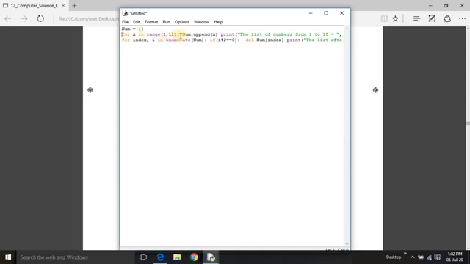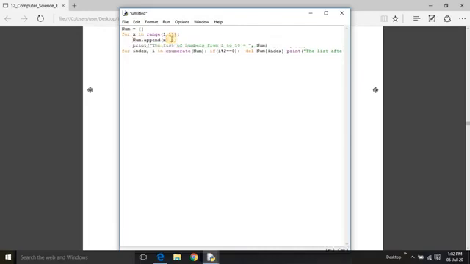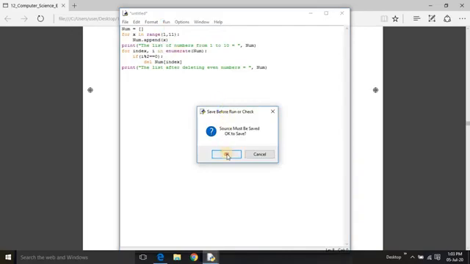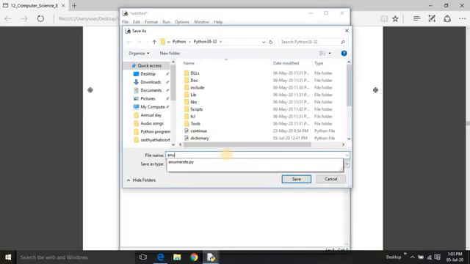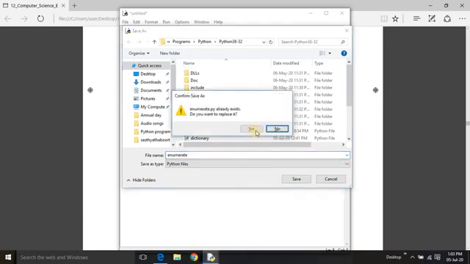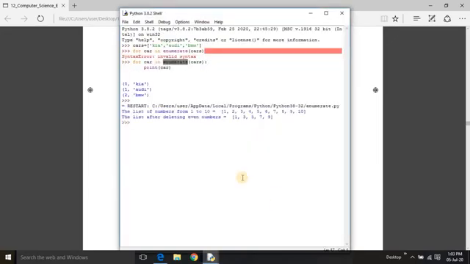You are creating an empty list. For every element in the list, add numbers from 1 to 10 and then print the numbers from 1 to 10. For index i in enumerate num list, if the i value modulo 2 equal to 0, then delete the number and print the remaining list. See, it created a list from 1 to 10 and deleted all the even numbers.